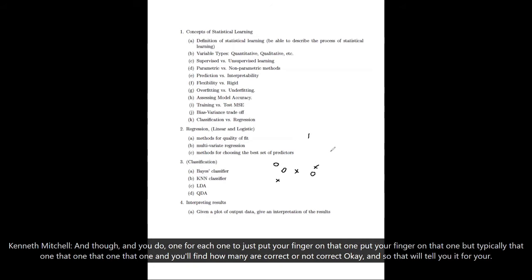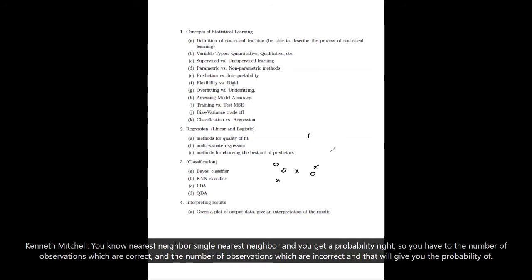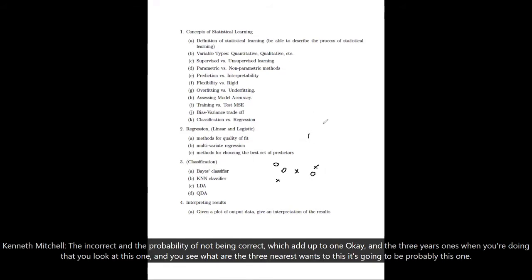And so that will tell you for your single nearest neighbor, and you get a probability there. All right? So you have the number of observations which are correct and the number which are incorrect, and that will give you the probability of being correct and the probability of not being correct, which would add